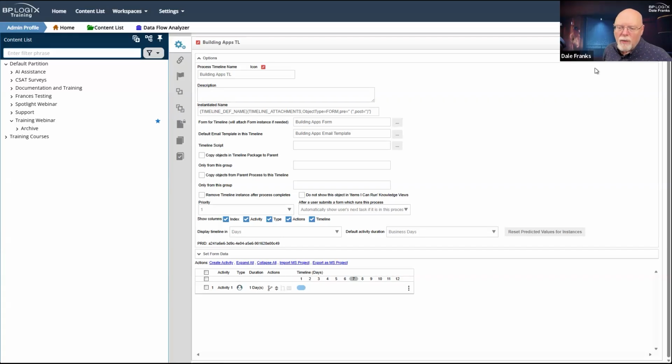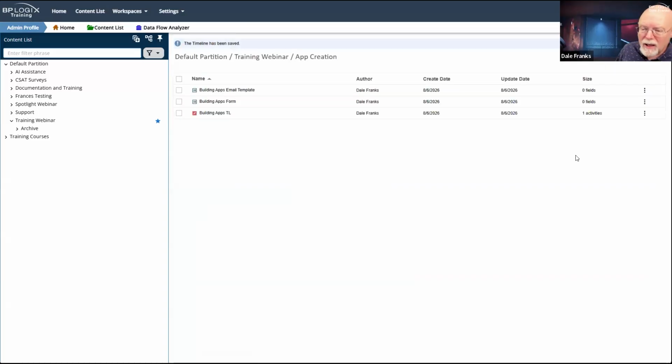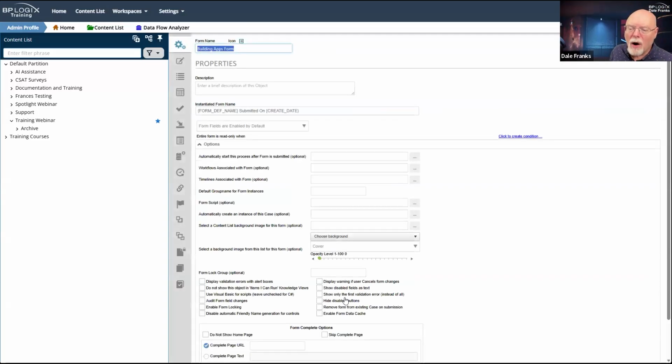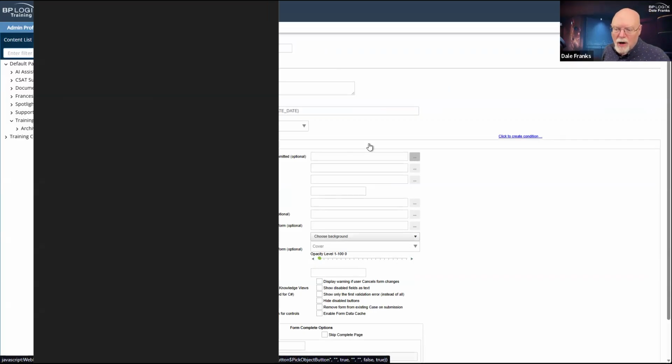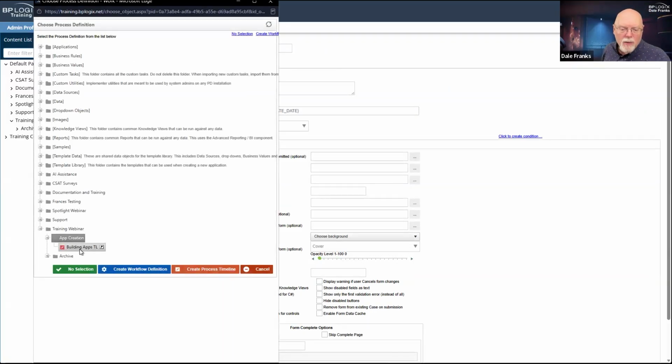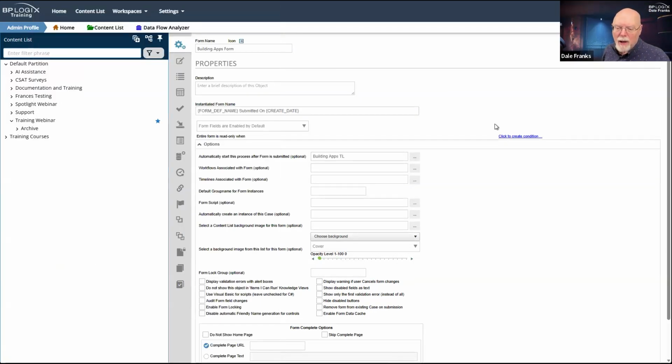So great. We now have the email template linked to our timeline. What we do not have linked is our form. So let's go back to our form, and we need to set two properties. The first we need to set is the property that is the process that we're going to start after the form is submitted, which is going to be our building apps timeline.